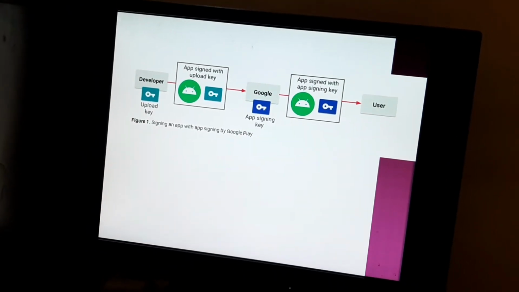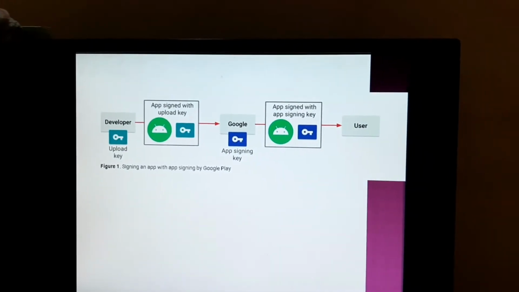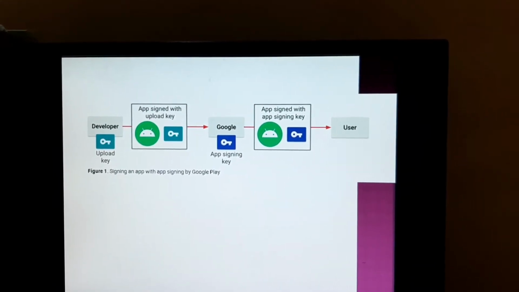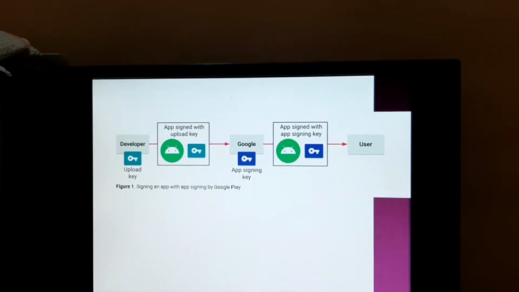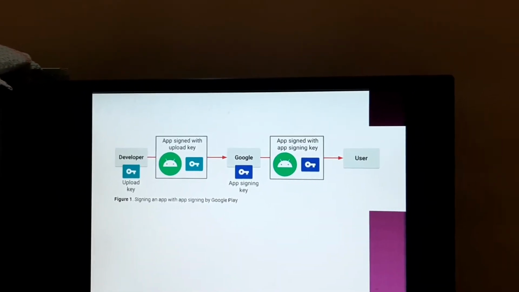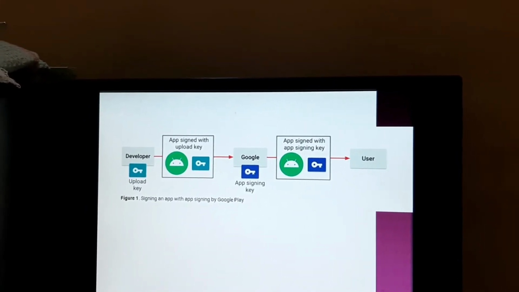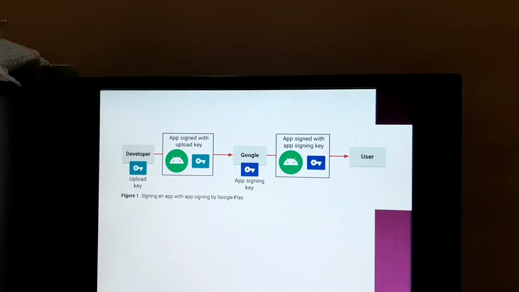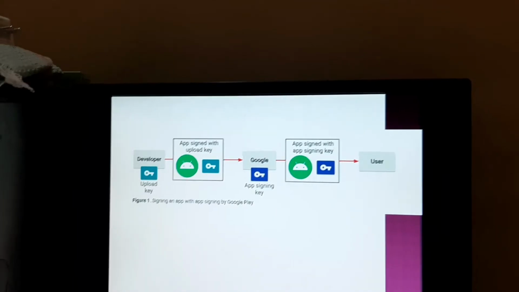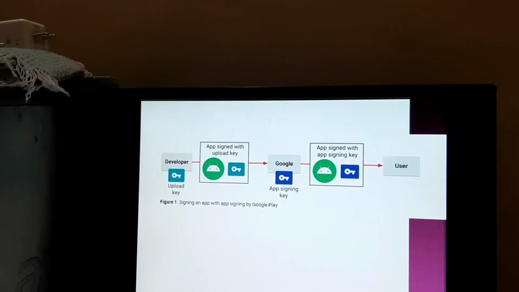With your app signing key for distribution, the figure shows you the content, that is signing an app with app signing by Google Play. The figure shows if you do not already have an app signing key, you can generate one during the sign up process. When you opt into app signing by Google Play, you are not able to download the signing key from Google. If you want to use the same signing key across multiple stores, make sure to provide your own signing key when you opt into app signing by Google Play, instead of having Google generate one for you.